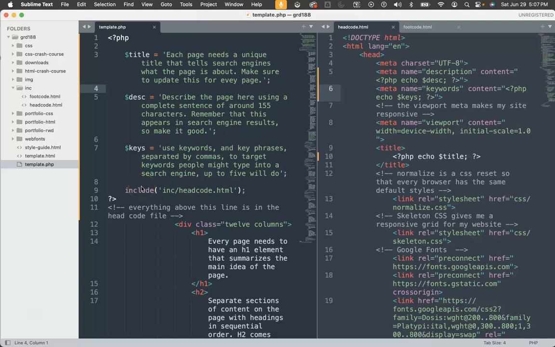Hopefully you took some time to try to repeat the process for creating the variables and populating them with content, and then passing that content to the HTML using some PHP as well. But here's the solution. So if you needed to do that, you create your keyword